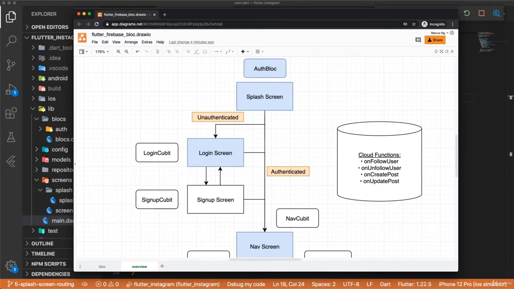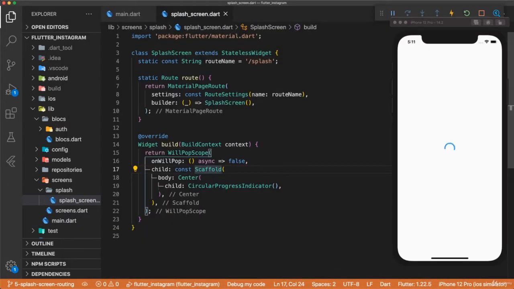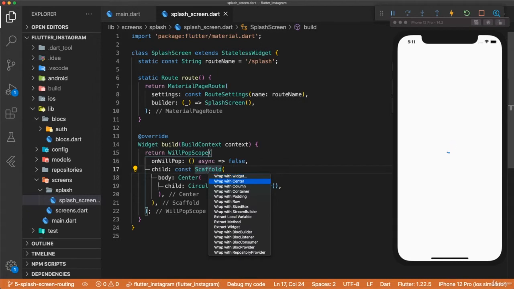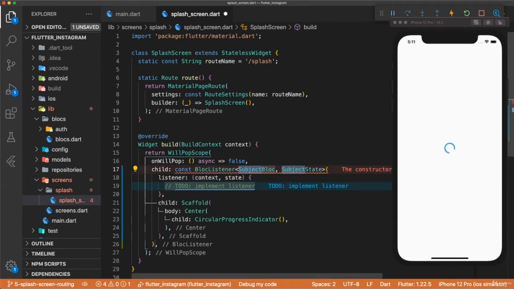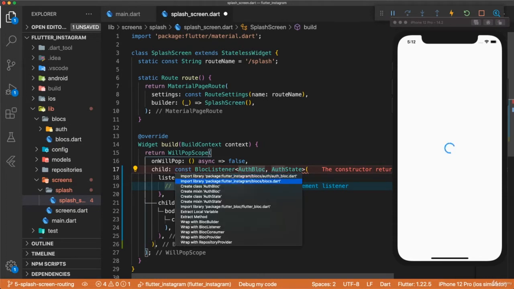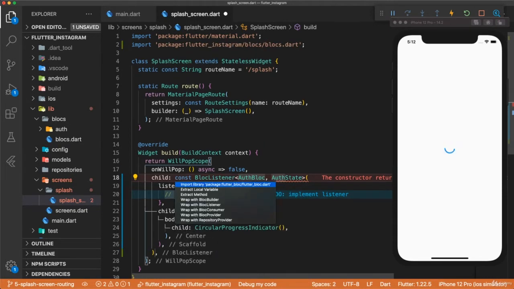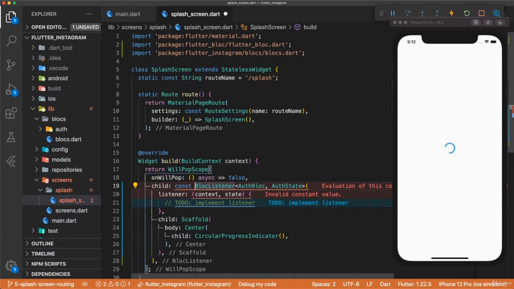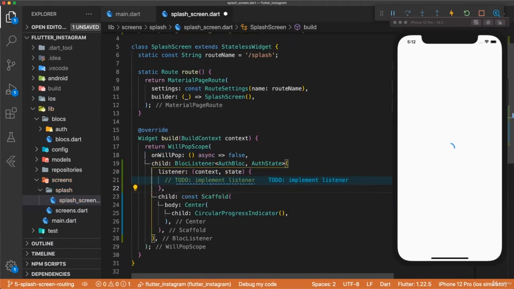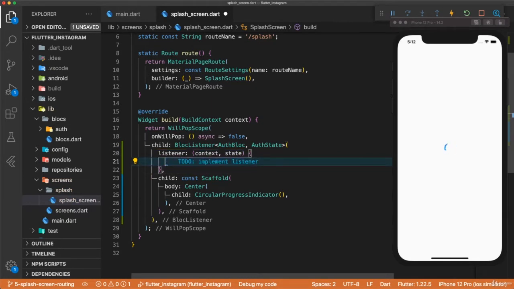to the correct screen. Inside of the splash screen, we're going to wrap our scaffold widget inside of a block listener. Here we're going to type auth, and then we can import blocs.dart and import flutter_bloc. And then we can remove the const and put the const back down here. Now here, if I just try to print the state,